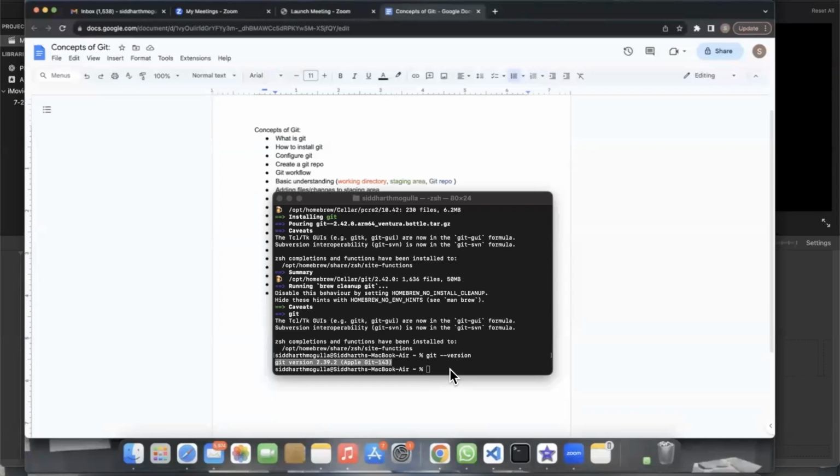Okay, now that we have installed Git and verified the Git version, what we're going to do is configure our global user. For that, you need to configure the global user. So let's do it. git config --global